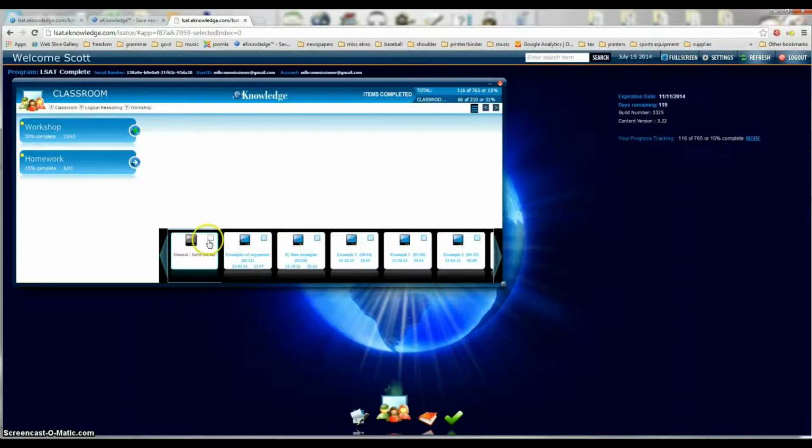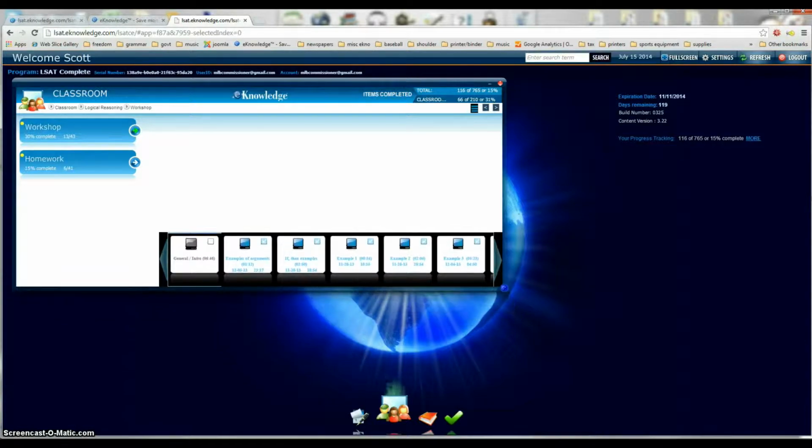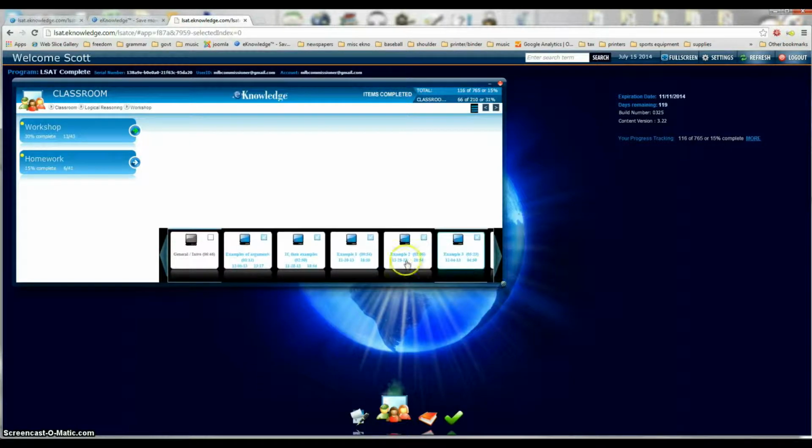And if you don't feel you're comfortable with a section, you can watch it, uncheck it, and then go back and watch it again, and it'll track that. You have control over the size of this window. You can size it this way. You also, as you go into a video,